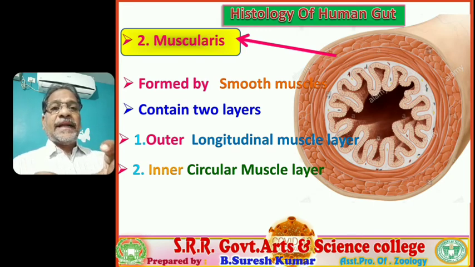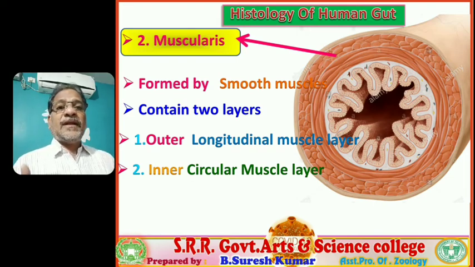On contraction of these longitudinal and circular muscle layers, the functional property changes. For example, on contraction of the longitudinal muscle layer, the length will decrease. On contraction of the circular muscle layer, the diameter will decrease. So, to assist various functions, the muscle fibers are arranged as two layers. The uppermost layer is the longitudinal muscle layer, and the layer beneath it is the circular muscle layer.